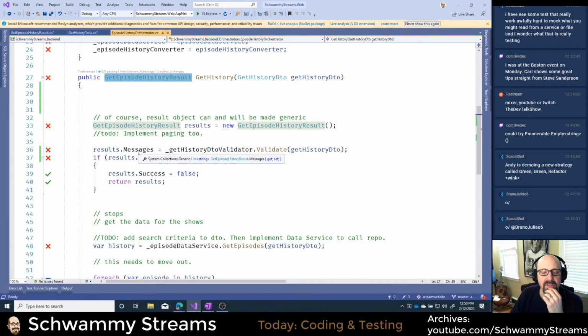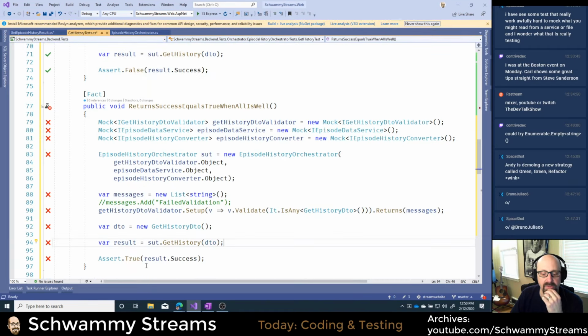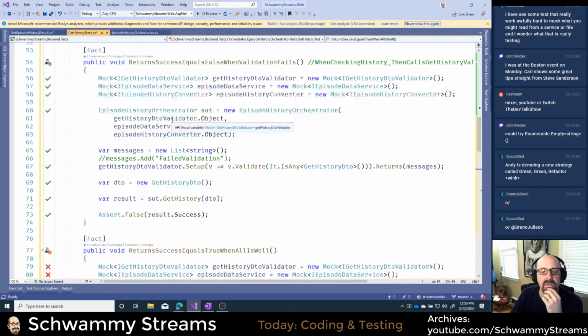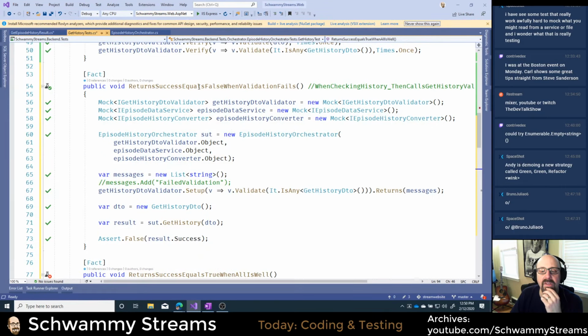So this thing does return true. Returns success equals false when validation fails. And in this case, see, I put this fail message in there and it works, but that still makes me feel, is this written wrong?